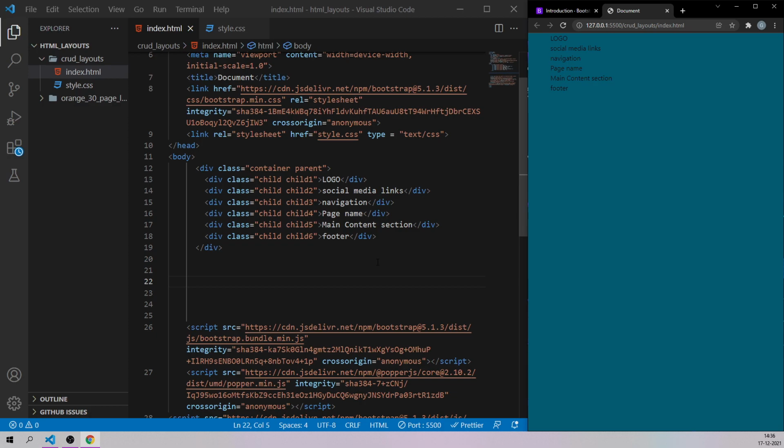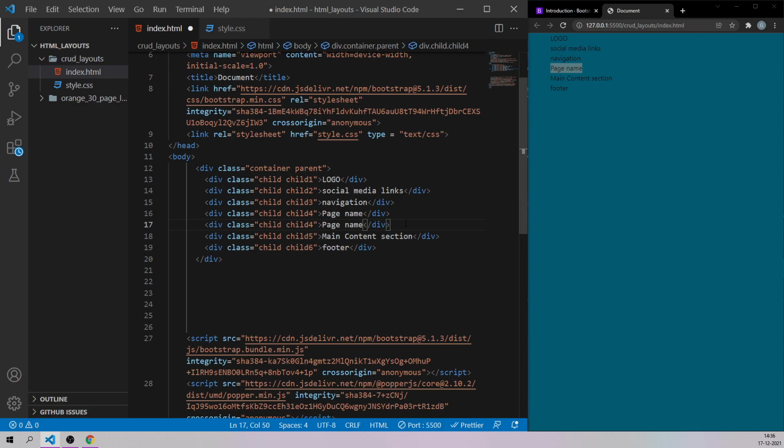Let's have one more division just after the page name. Here on the right side, I'll mention the username. Just like this, let me copy this whole division and have one more division like this. And here, let me put it as username.